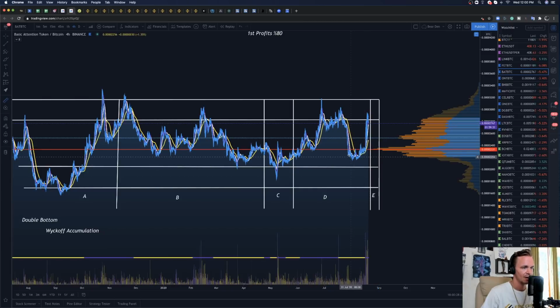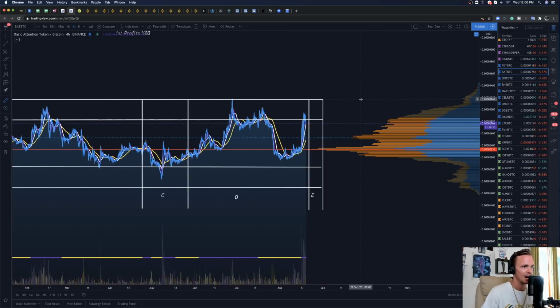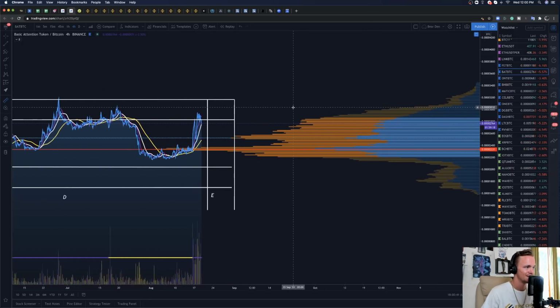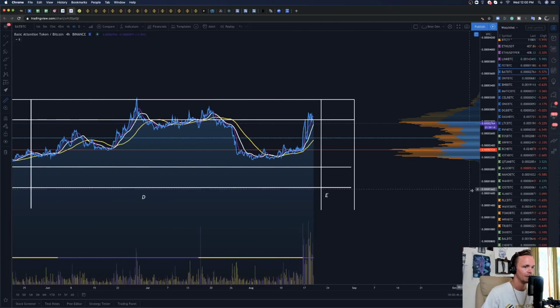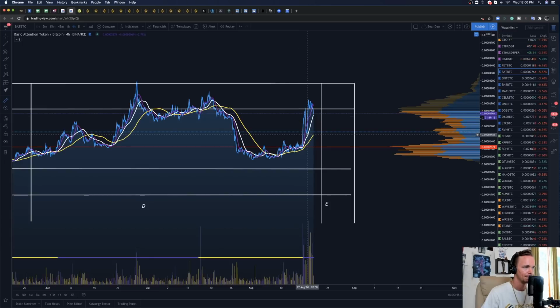We started taking our entries here in the private bear den. It took about 10 days between July 30th and August 12th to buy around 2300 to 2200 Satoshis, and we see a massive markup. And right now we're experiencing the first of a second LPS. So here we can see on the 21 moving average on the 4 hour, bang, first LPS, bang, second LPS. After this one, we're likely going to shoot through the box and then come back and take one more test into box E, which is known as the backup.